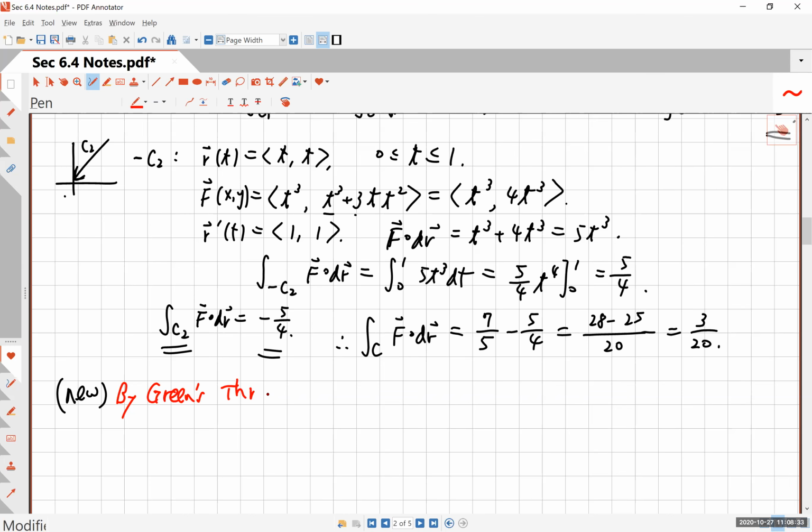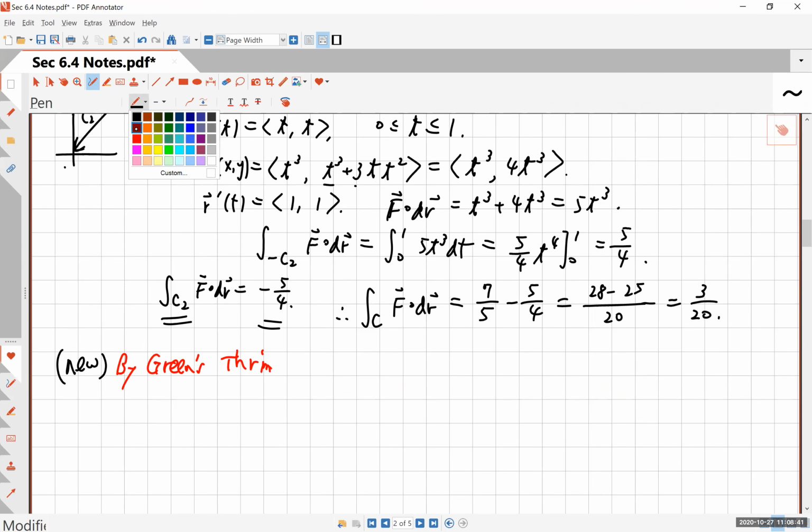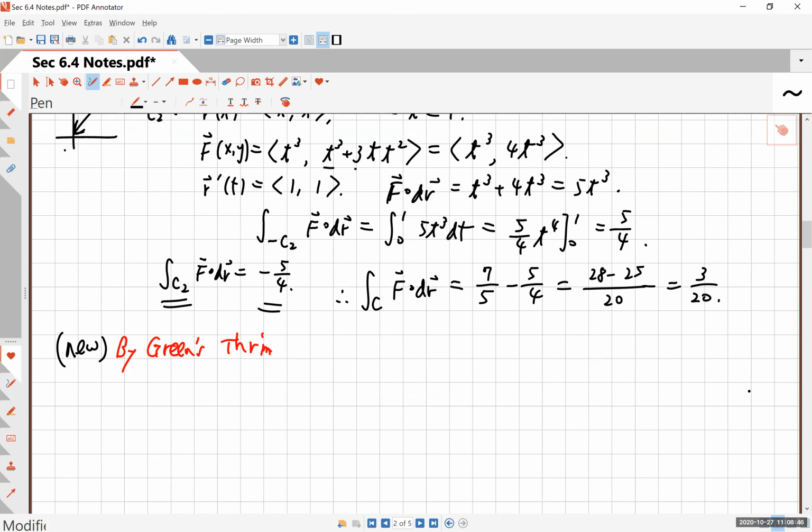Green is a British mathematician who is credited with this method and the proof of this theorem. It has nothing to do with the color of the vector field or anything like that. But according to Green's theorem, this integral, F dr, the circulation integral or the work integral, is the same